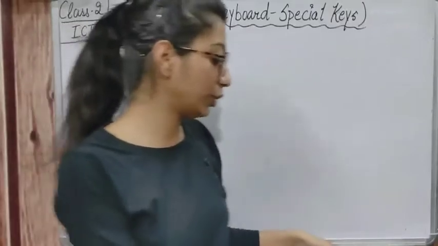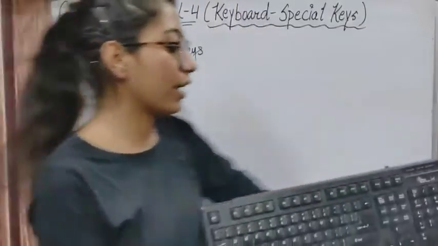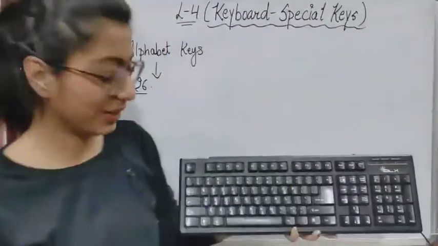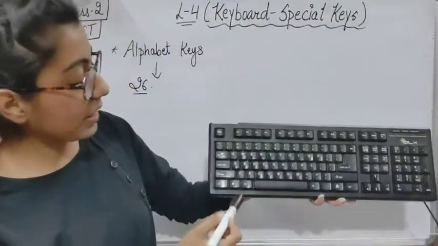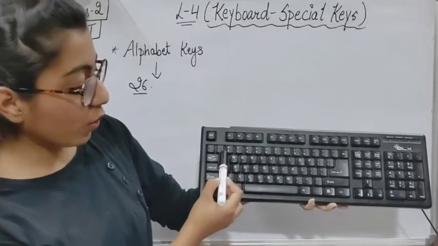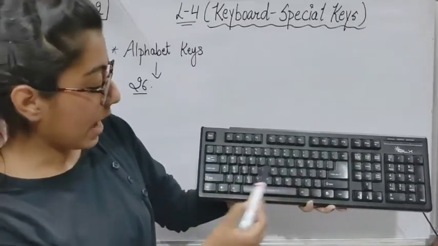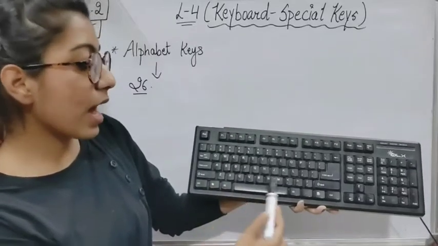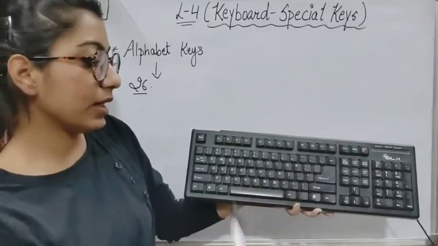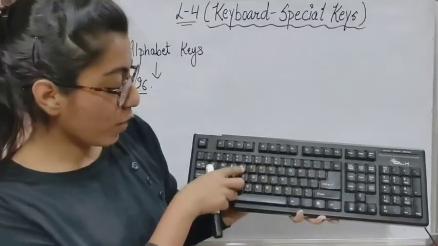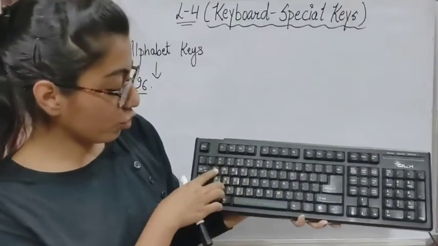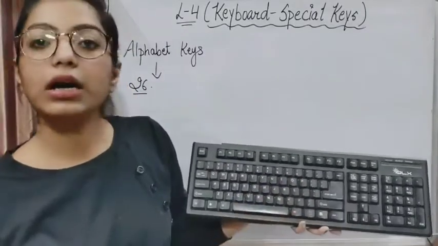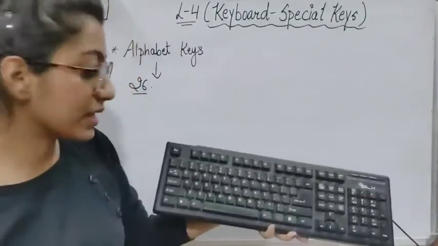Okay, in the keyboard you can see. If you have a keyboard at your home, you can take that one also. It is connected with the computer. So from this Q to P, and A to L, and Z to M, these are the alphabet keys, in these three lines: 1, 2, 3. यहाँ से शुरू होता है and यहाँ पर finish हो रहा है. So these are the alphabet keys. There are total 26 alphabet keys.